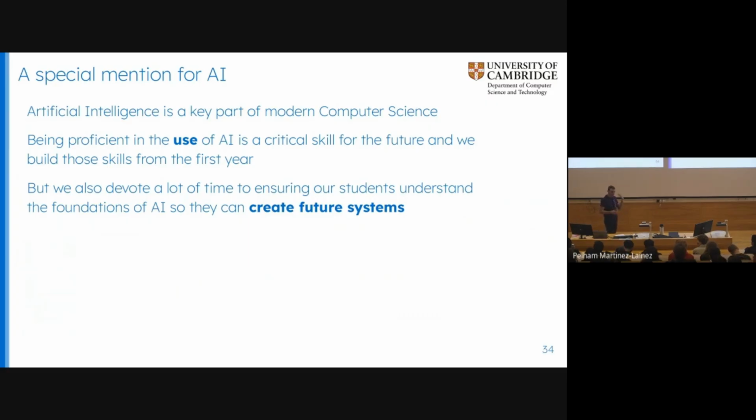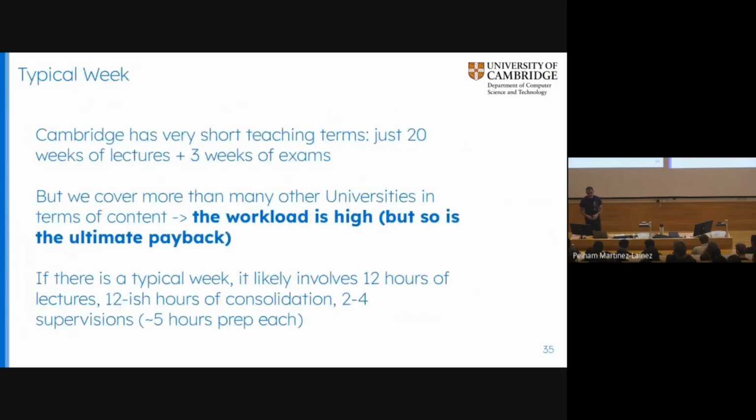So there are two ways you can use it as a tool today. You've probably realized you can build yourself all sorts of machine learning models very quickly using Python, just by putting a few lines of Python together, because all of the clever stuff under the hood is being taken care of for you. It's important that you can do that, because that's a life skill these days in computer science and beyond. But it's also really critical that you understand what is going on under the hood. So we will be teaching both. We teach you how to use it, the practical skill, but also how to actually do the underlying stuff. And you should ask that of every course that you're looking at. Make sure they're not just teaching you to use the technology, but actually understanding the detail.